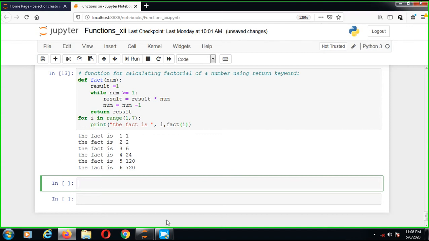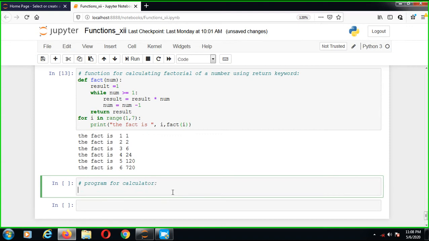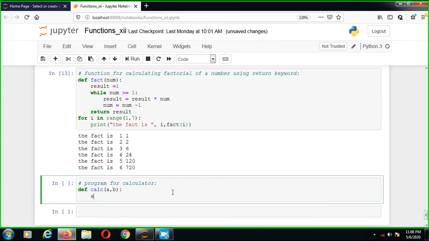Now another example I show you is a program for a calculator. का एक स्मॉल सा प्रोग्राम हम बना देते हैं कि define calc, a comma b we can take. Our first variable is addition, a plus b.